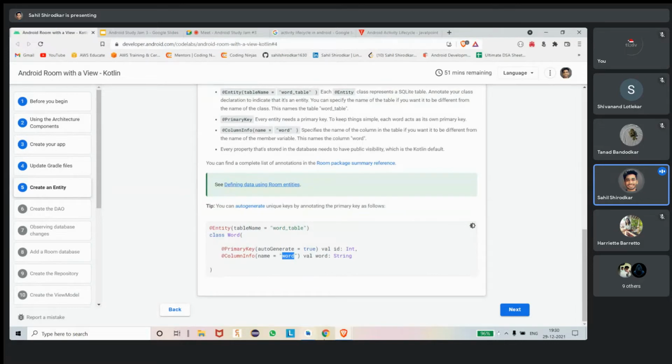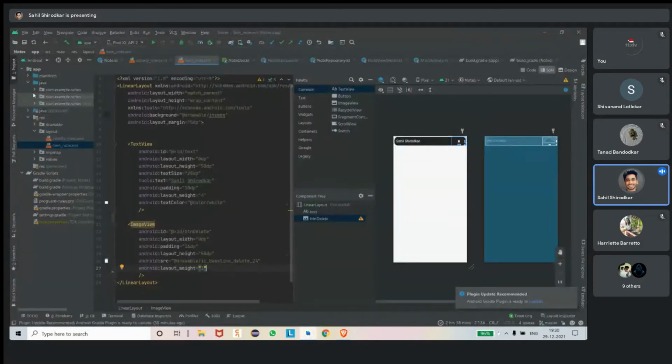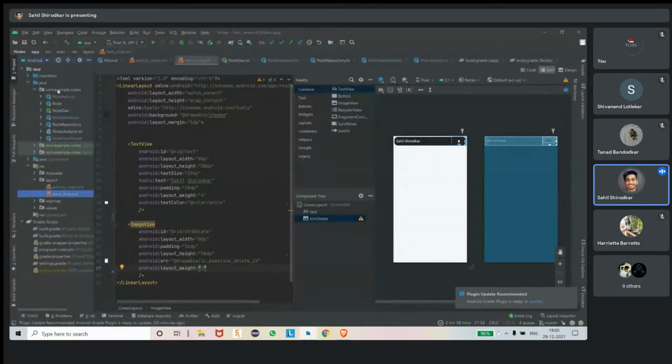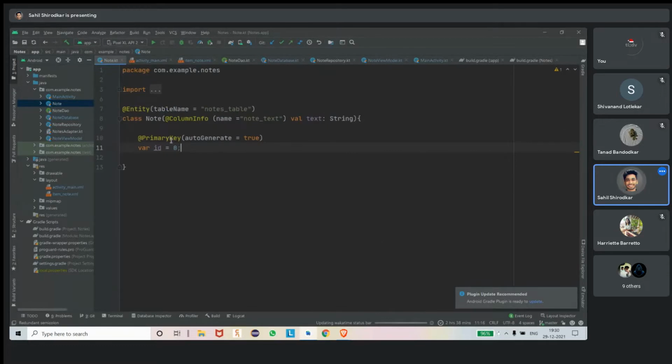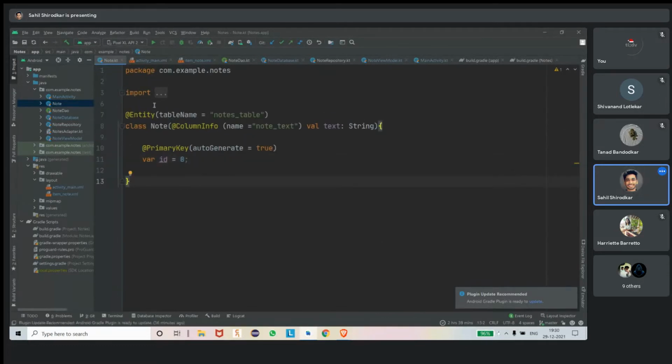So the same thing I have copied in my code. Let's go in the Java folder, the first package, and open the node folder. You can see, I'll just zoom.